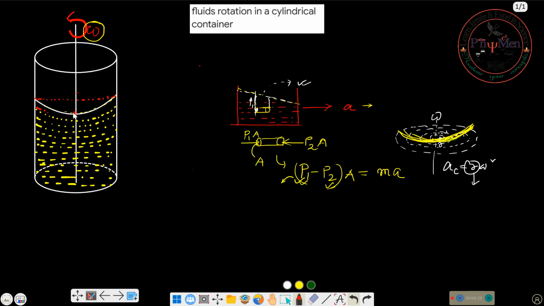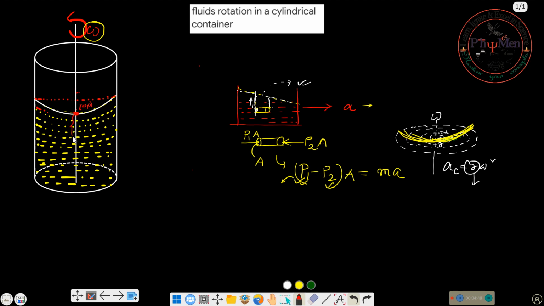As already explained, this is why the free surface takes this kind of shape. This is the center of the free surface,